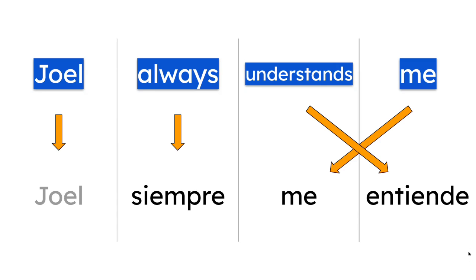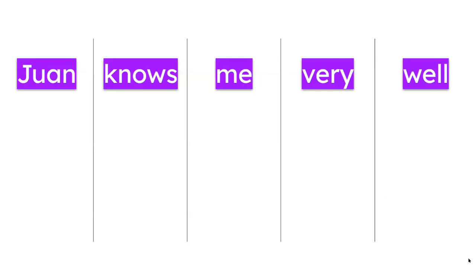Very good. And one last sentence for this exercise is: Juan knows me very well. Well, Juan is the same. Actually, that's a Spanish name. Knows. The verb to know is